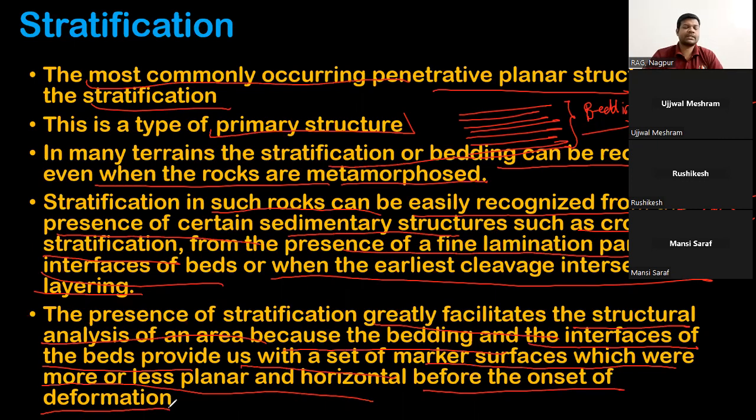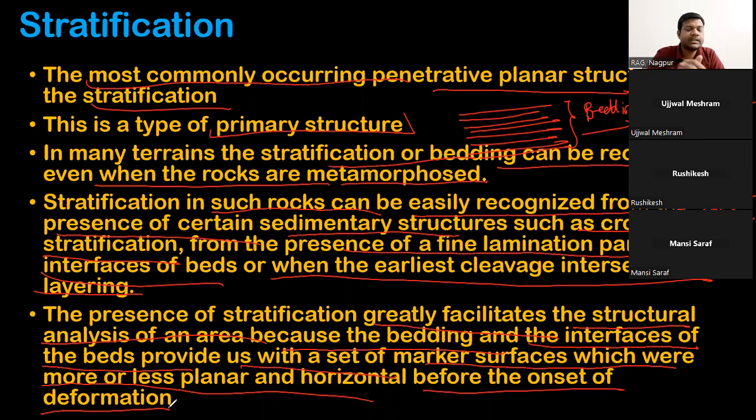This is a primary structure. That means it has developed during the formation of the rock itself. So at the time of deposition of that rock, the area at which it has been deposited must be flat, horizontal, planar, right? And then if you get some structures which are twisted structures or deformed structures,